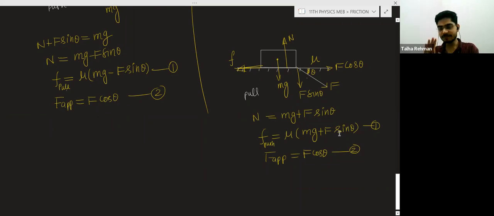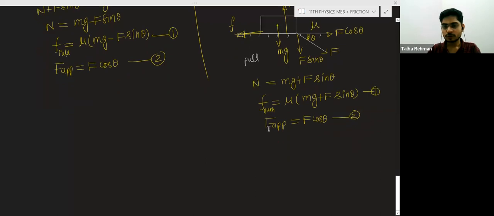Applied force is same. So this value will be greater. So basically, the friction force in pulling is greater than the friction force in pushing. For the same applied force, again I am repeating, for the same applied force,